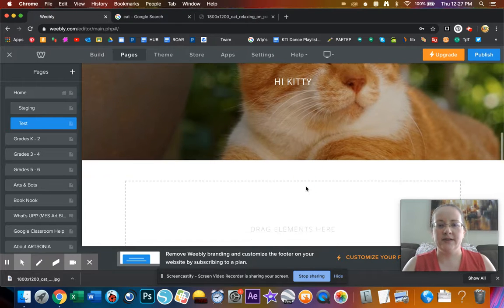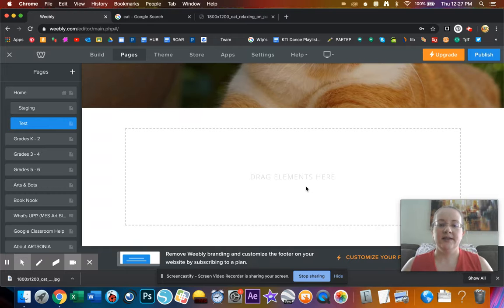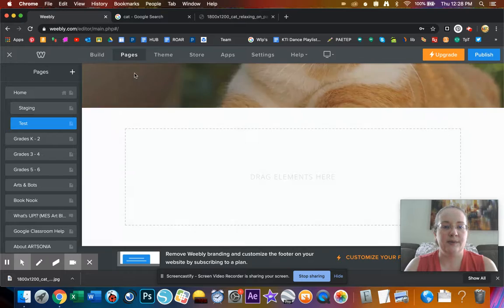But here's the other thing that you want to see. Where it says drag elements here, what that means is it's a blank slate. It has no text boxes. It's got no picture boxes. It's got everything ready to roll. You've got to decide what you're putting where. So over here in the build,